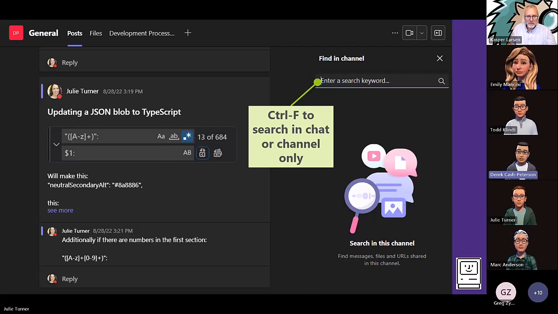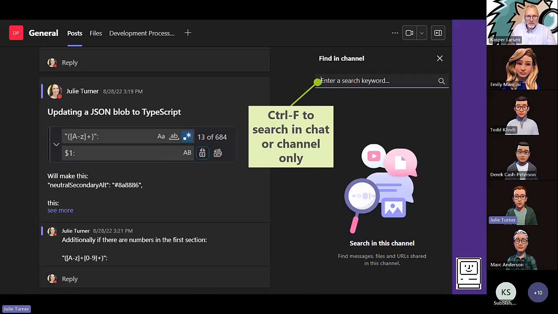I know for my use cases a lot, I'm like, oh, I talked with Julie about this a while back, and I have no idea where it was. That's what happened, because I was looking for a menu that we agreed on for lunch, and I'm like, Derek approved something in our chat, and I don't remember which ones we were. So I Control-F'd on Turkey and found it. And that worked out quite well.